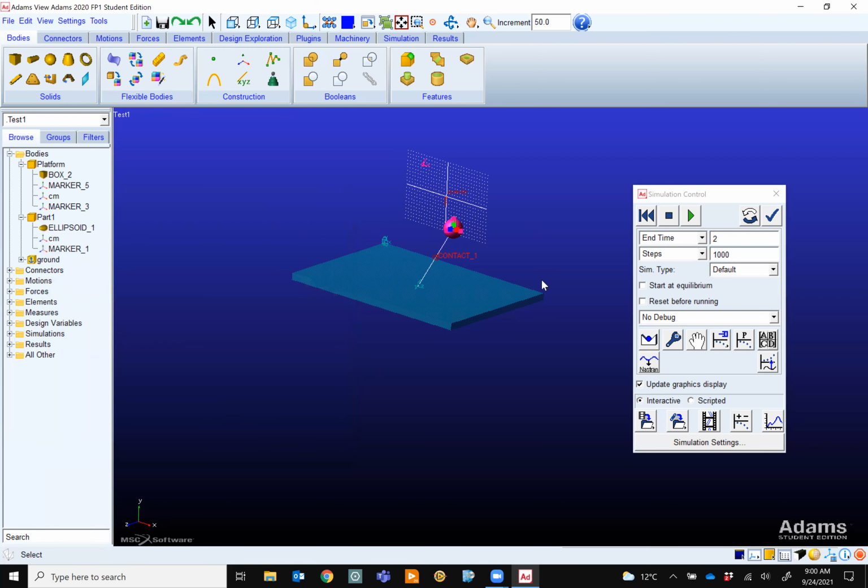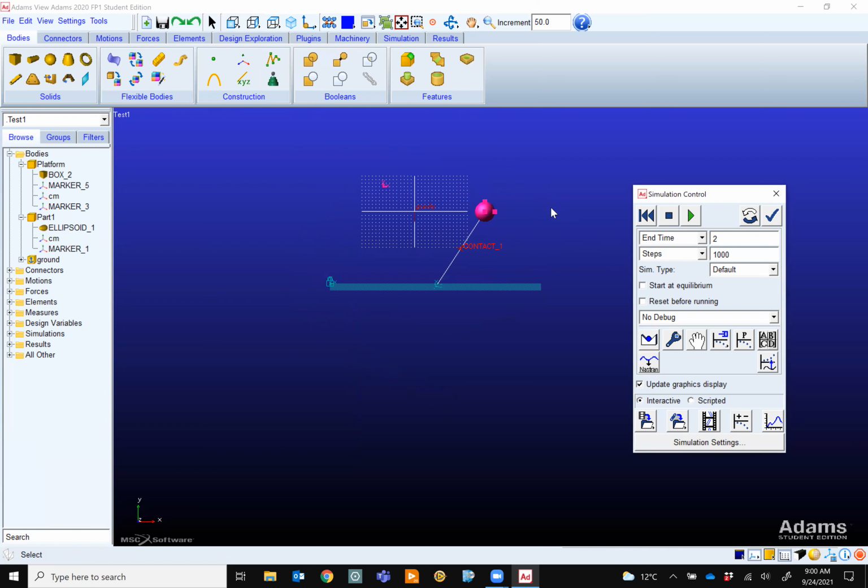Okay. Now let's run the simulation. So you see it moves there. Something is not right. It might be just my graphic or the computer, but for some reason I feel something is off. Check it out.